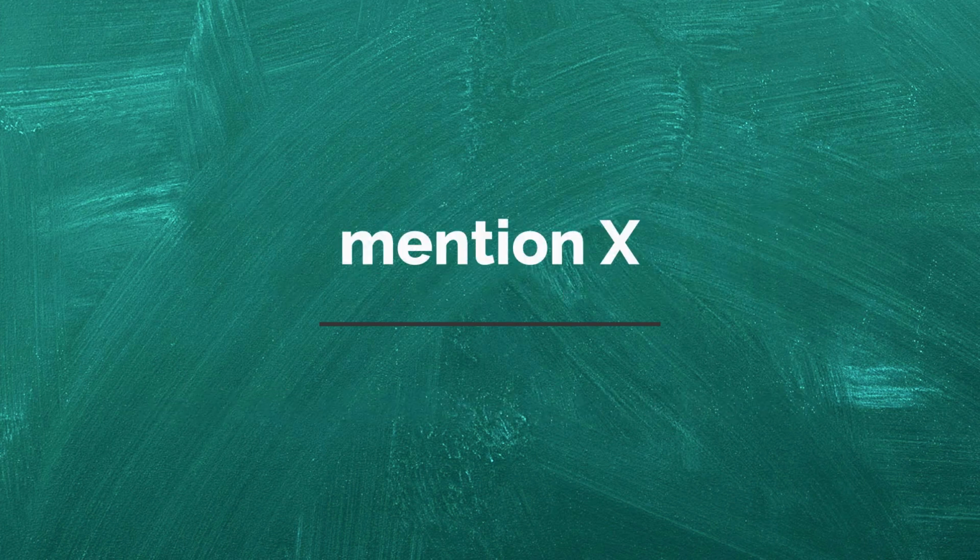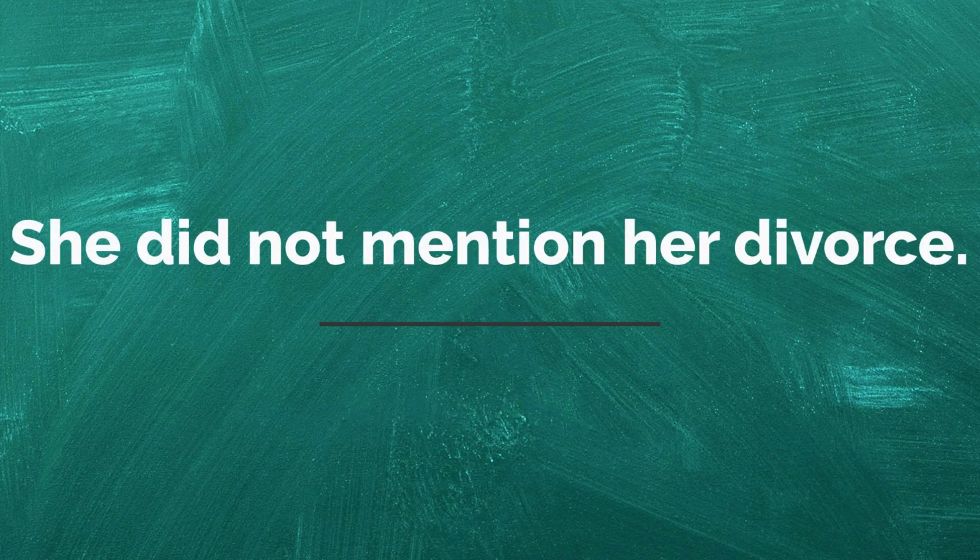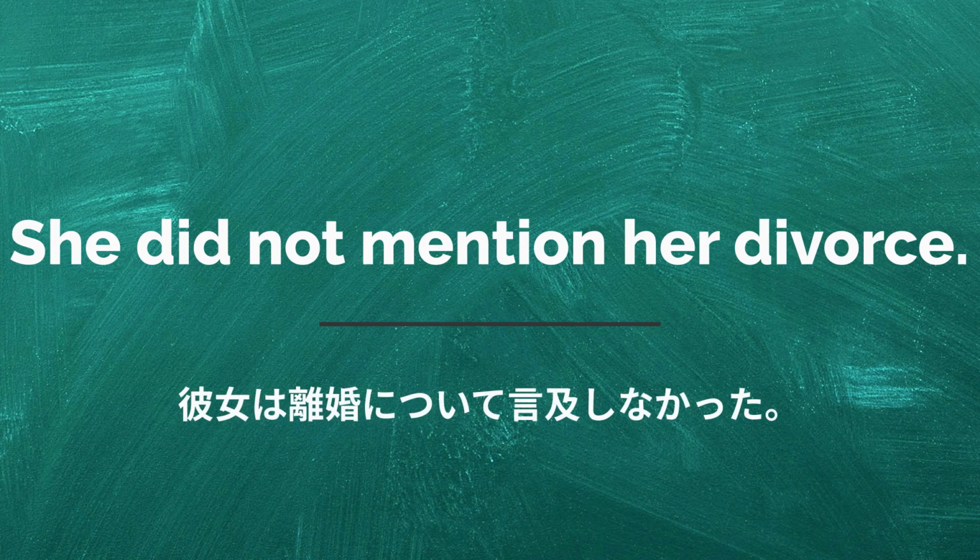Mention X. X について言及する。 She did not mention her divorce. 彼女は離婚について言及しなかった。